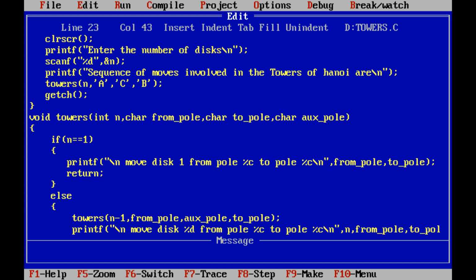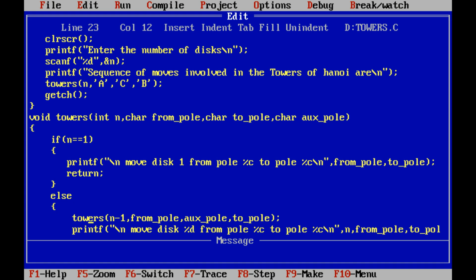Okay, in total how many steps are we getting? Total 7 steps are required to transfer 3 disks from pole A to pole C. Among the 7 steps, the first 3 steps are represented by this recursive statement, towers of n minus 1, from pole, auxiliary pole, to pole.